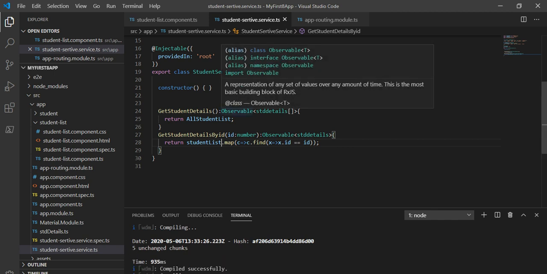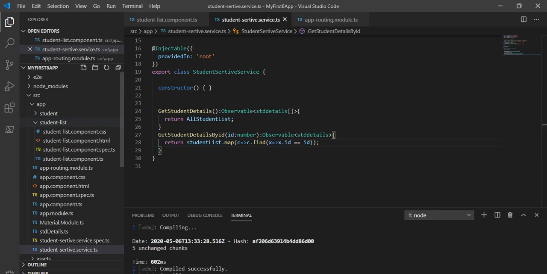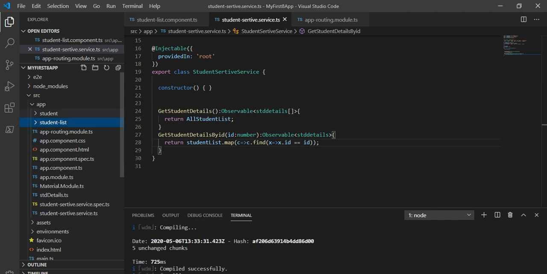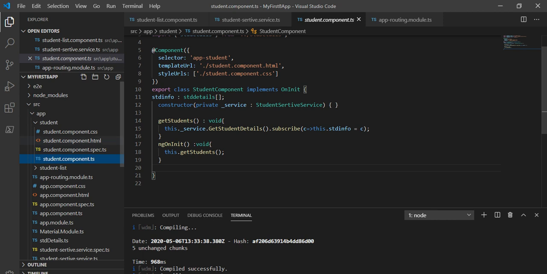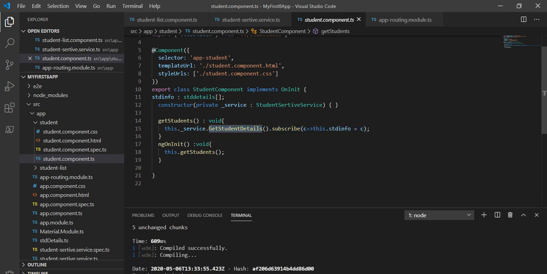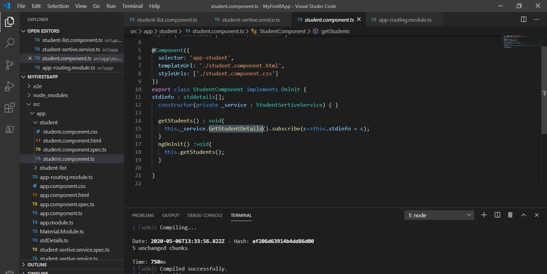Next, we will do the modification. We have two components, one is the student and another is the student detail. So I am going to make some modification in the student component.ts. Now I am going to save, meaning this is going to pass the whole information, but the service will send the data in observable mode.